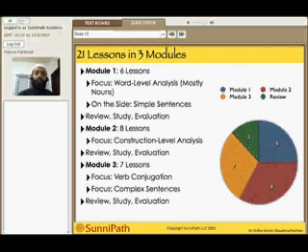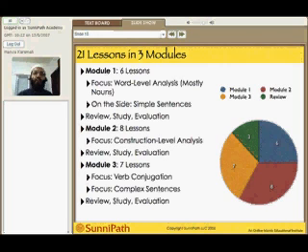And finally, in the 3rd module, we will turn our attention to verbs, and we'll learn about verb conjugation in the Arabic language, and we'll look at a little bit more complex sentences involving verbs. And verbs are actually something that we're going to touch on in this course, but we will go into a lot more detail in verbs in the 2nd level course, Introductory Arabic Part 2. So this is setting the stage for a more detailed study of verbs and sentences comprised of verbs. And finally, after that, there will be a break when we'll review, study, and evaluate.